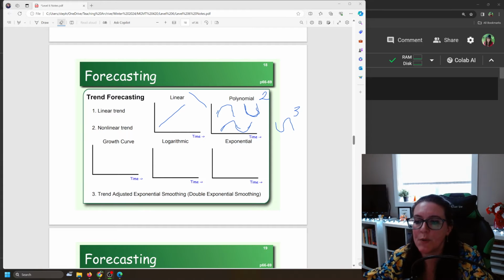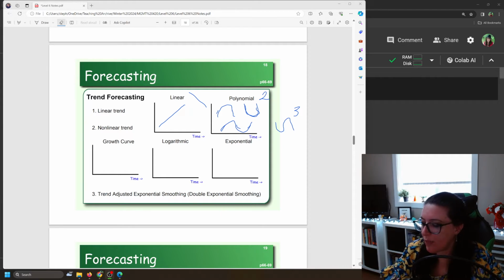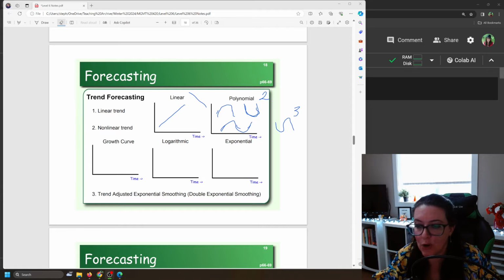In our previous videos, we were doing trend forecasting with linear and polynomials. Let's look now at logarithmic and exponential. So with linear, as time increases, your thing that you're trying to forecast either goes up or goes down, like